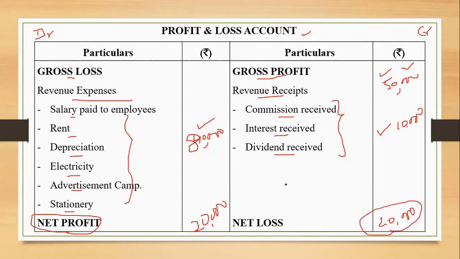Okay, you need to understand that because of the net profit, my liability towards the owner, meaning the liability of the business towards the owner, increases, and because of net loss, the liability towards the owner decreases. So that's why it is deducted. You have to understand that the revenue expenses are recorded over here only, depending on the nature. If it is direct, it will go to trading. If it is indirect, it will be over here. Similarly, all the revenue receipts, the operating incomes, the non-operating incomes, all such incomes are to be recorded on the credit side in the profit and loss account.